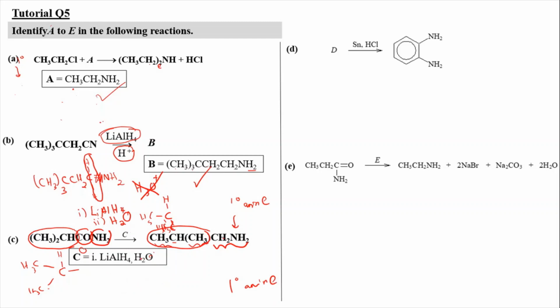Okay, and here number 2 here, H2. Okay, and now for D, we don't know the structure, but then we're going to use the catalyst of Sn in the presence of acid HCl in order to produce NH2 and NH2 attached in the benzene ring, which is 2-amino-aniline. Okay, so you know that this is a reduction